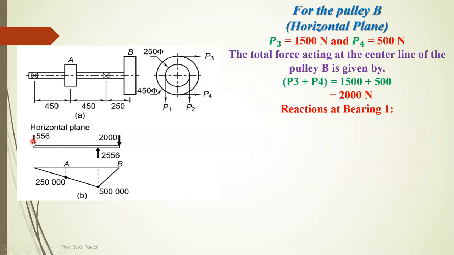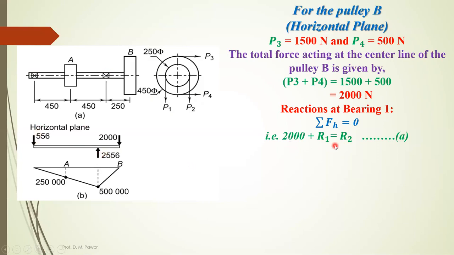This is the reaction at A, the first point, and this is the reaction at the second bearing. So how it comes, we will see here. For the reaction at bearing 1, we have to consider that the summation of all the forces is equal to 0. There are only three forces: this force, and these two reactions. The 2000 is a downward force, which we consider as positive. So the reaction at one bearing is additional, and as this force is negative, that will be equal to 0, so I will put that directly on the right side. Ultimately the equation becomes 2000 plus r1 is equal to r2. See here, this is the first bearing, this one is the second bearing, and r1 is here and r2 is here.